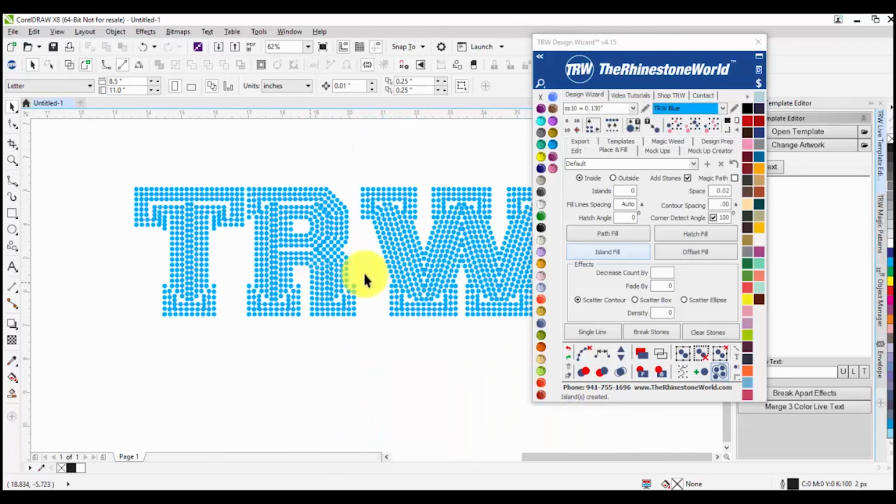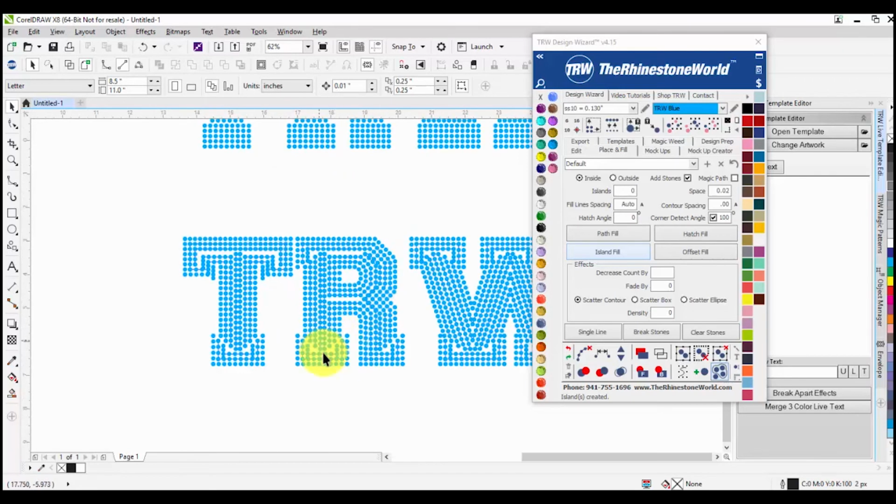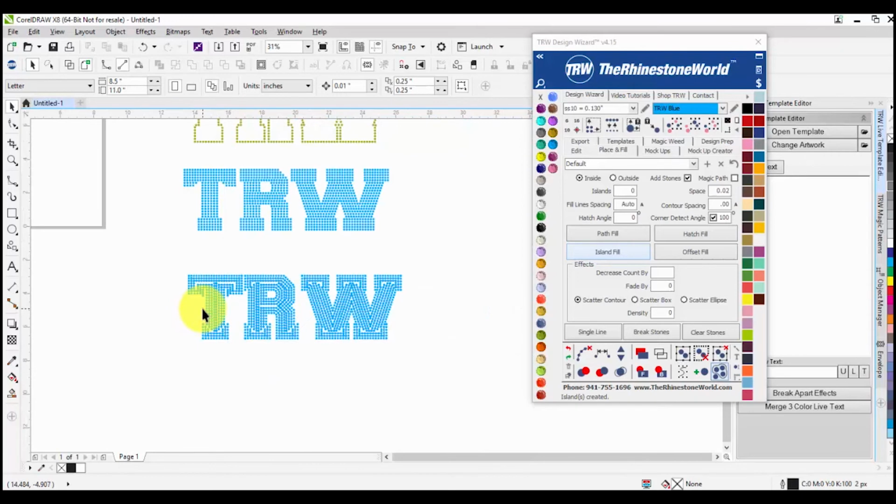And you can see that it's not the perfect fill. Now, I'd rather edit this top one than have to start worrying about this bottom one here. So the different fills will give you different results and make it a lot easier to start out with. So if I have a font,